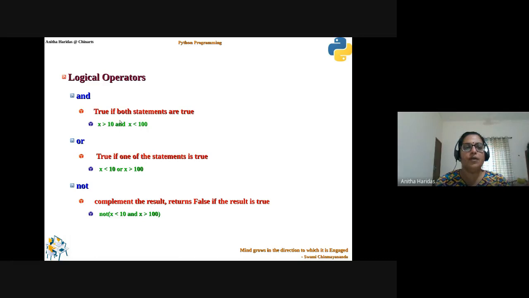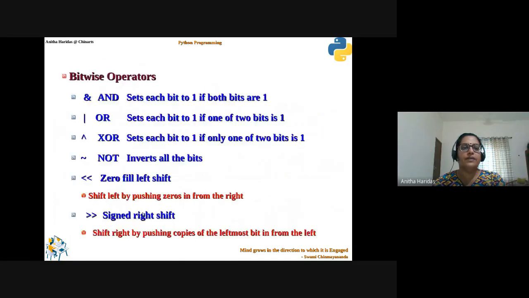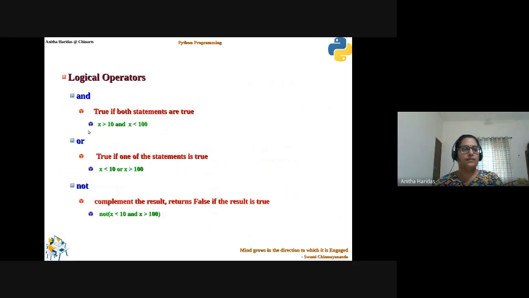You can observe here that in our other programming languages, we use the ampersand symbol, right? Whereas here the logical operators are used as and itself, or is used as or itself, and not with not. Okay. In other programming languages, all of you know that double ampersand is used for and and double pipe is used for or, but here we are going to use and, or themselves. So these are the logical operators.